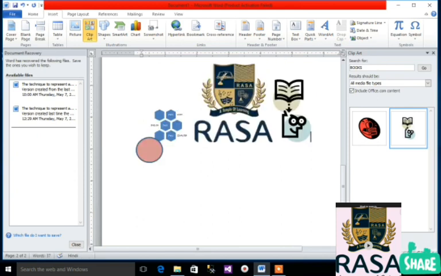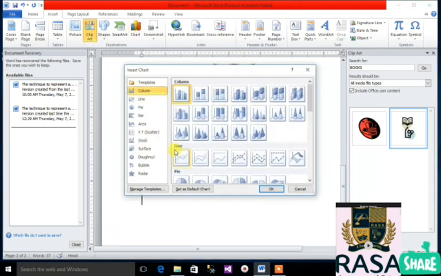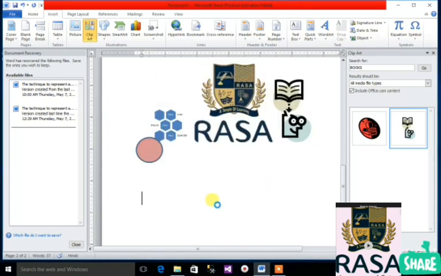Okay, if you want to add some chart, so these are the charts: line, pie chart, bar chart. So by selecting these charts, you can represent your data.